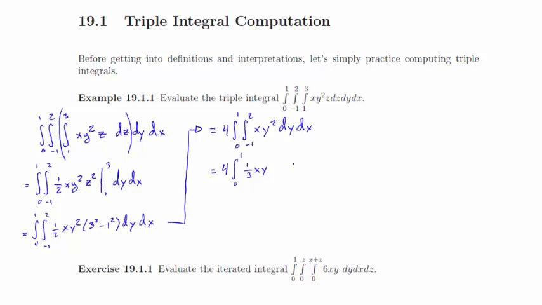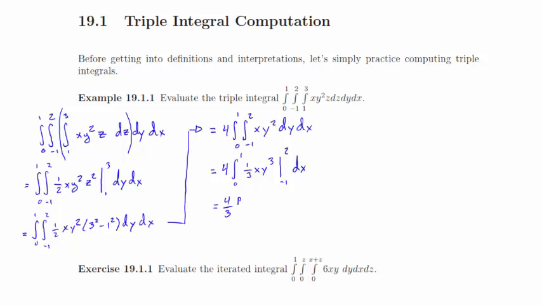Wait, no, I didn't. I'm second guessing myself. Yeah, so then we'll do dx last here. So then this, I'm going to plug in 2 for y and cube it, and then subtract -1 cubed. So this is going to equal